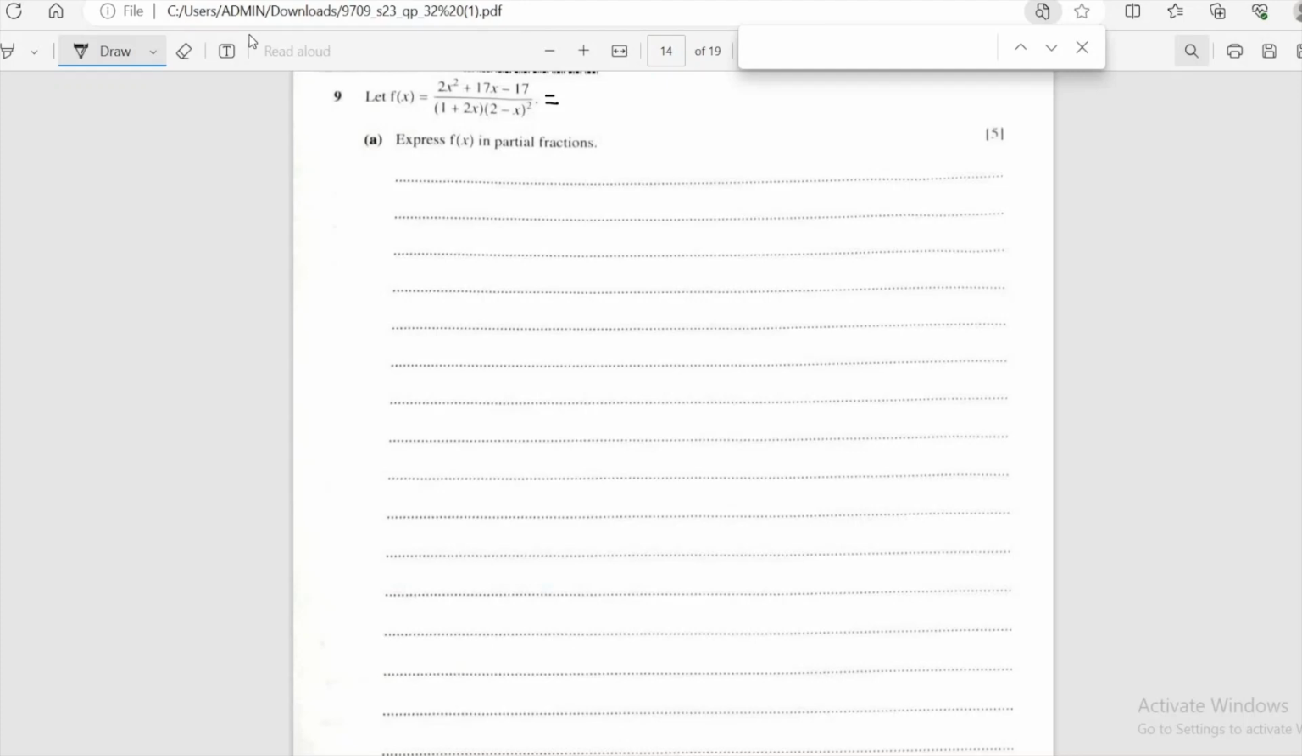One of the rules is that when you have a linear denominator together with a repeated root, the function will be split into A over 1 plus 2x, the linear factor, plus B over 2 minus x, the 2 minus x being extracted from the repeated root, plus C over the repeated root. That is the rule. Now from here, what do you do? Look for the LCM. How do you take the LCM? The expression is